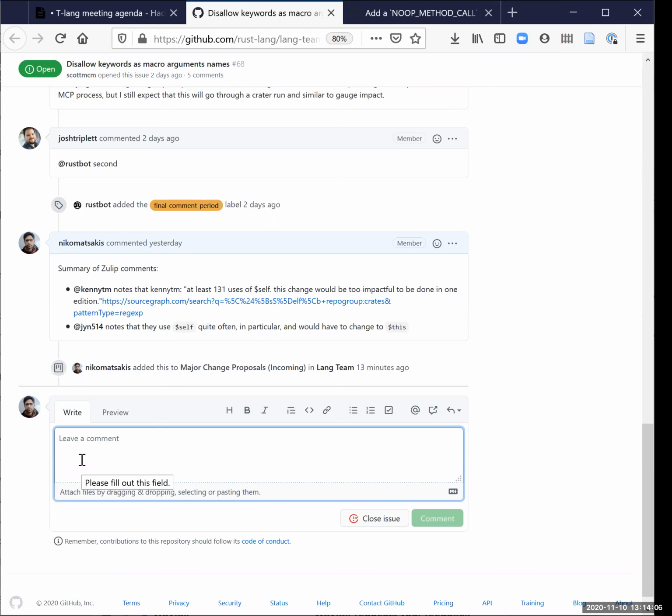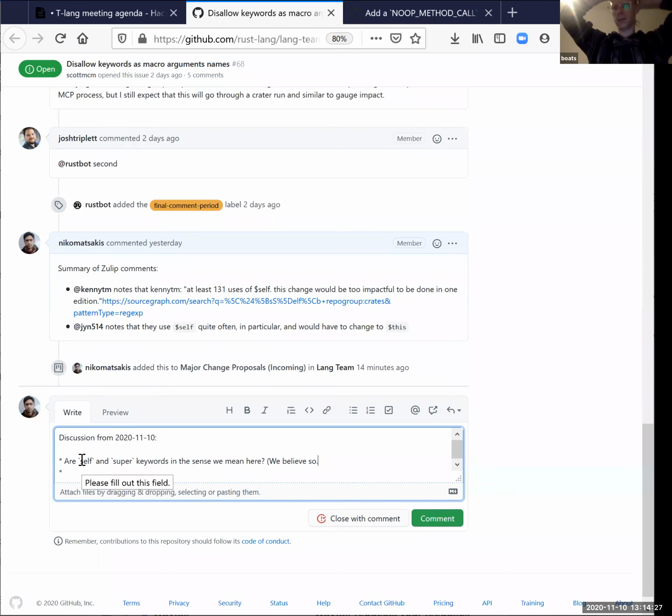Self can't be used as a let name or a function name, at least. The error says it's a keyword. Okay, good. Because I guess it was capital Self that is not a keyword. I think that sounds right. Right. Outside of an impl block, capital Self is not reserved in any way.